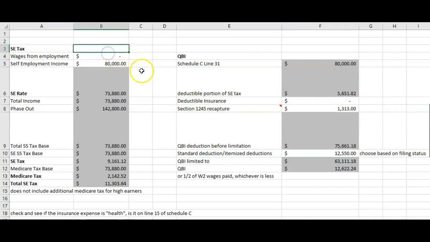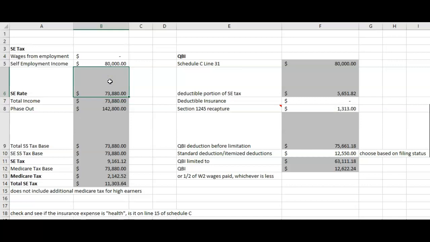So for the self-employment tax, I added a few things as I did a few additional problems in later chapters, and one of the things was wages from employment and income, because that does affect the calculations here. And then of course the self-employment income, and then the self-employment rate is the self-employment income times 92.35%, and then the total income, which is the total income that's going to be used for the calculations. The reason why it's 92.35% is because